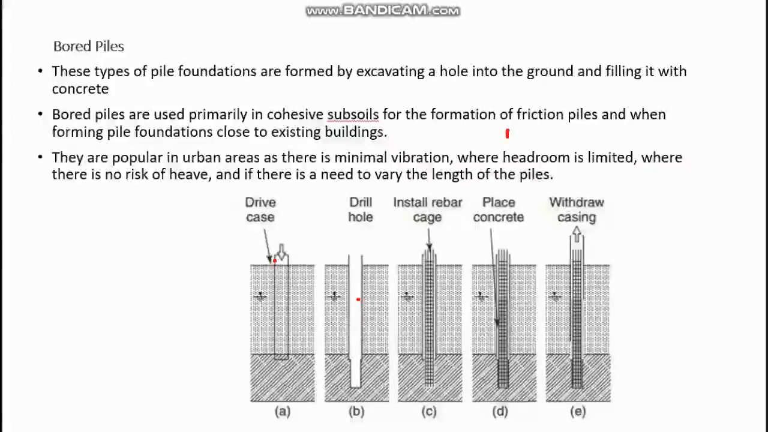Okay, if that is required, these are very easy to be cast. As we see the process here, first the hole is drilled, and into that the rebar cage is being installed, then concrete is being placed, and the casing is withdrawn at the end. So these piles of any size or length can be constructed at the site, that is the plus point